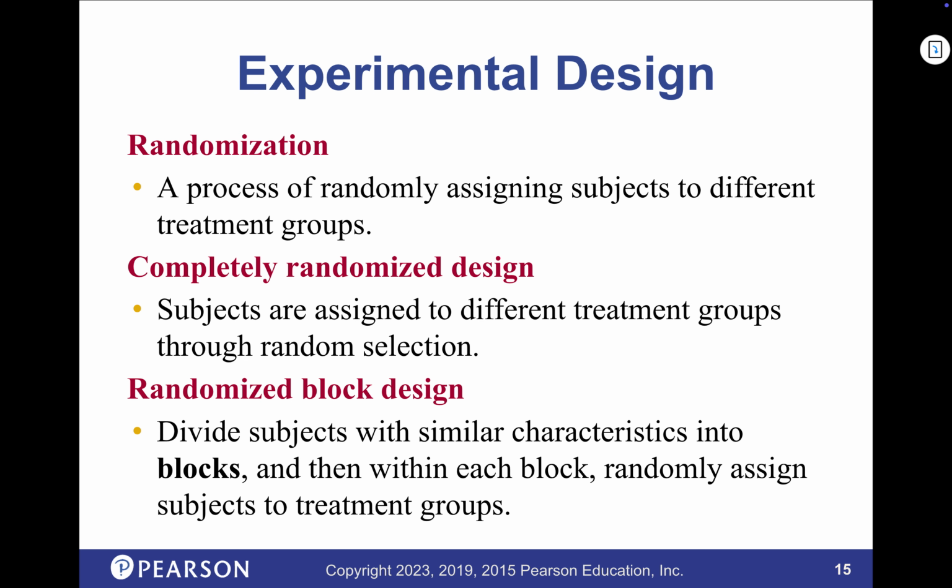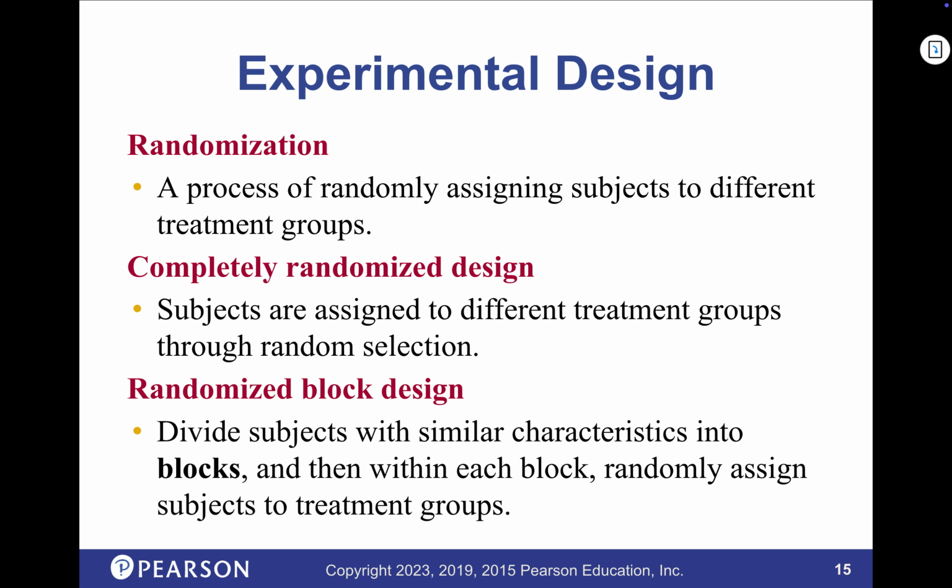Three other important things: random, random, random. So different types of randomization. It's a process of randomly assigning subjects to the different treatment groups. And we're going to look at a couple different ways this can be done. But again, you could take a whole class just on random assignment if you're getting into experimental design. You can completely randomize, which means at the very beginning, even the people in the sample were randomly chosen. Okay, and we'll talk about that.